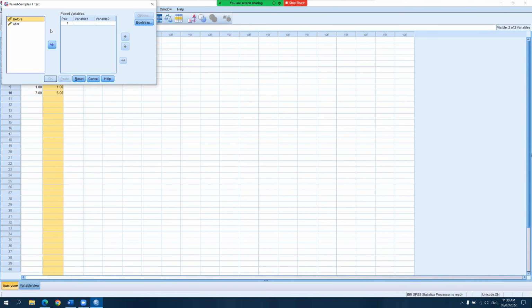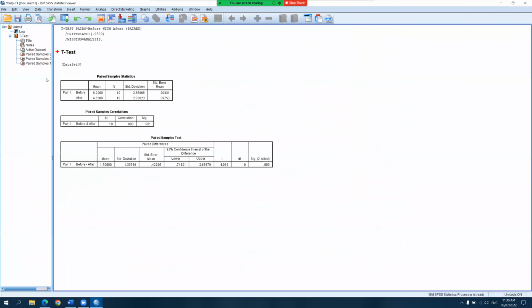Now let's drag the variables into the right boxes. For variable 1, we put the before data, while for variable 2, right next to it, that's where we put after. And now we can click OK.